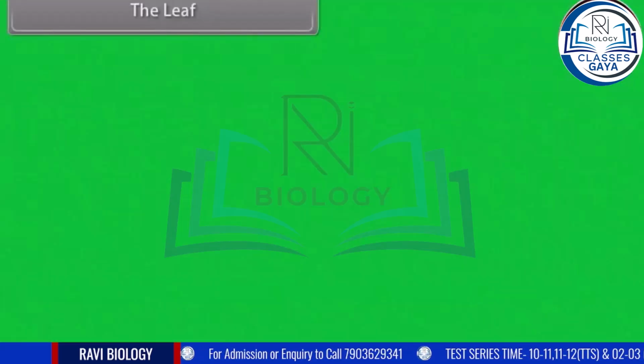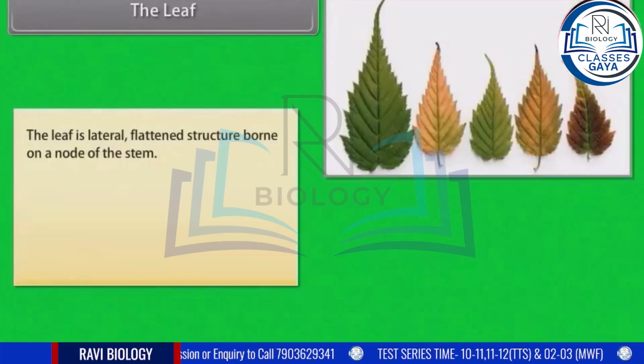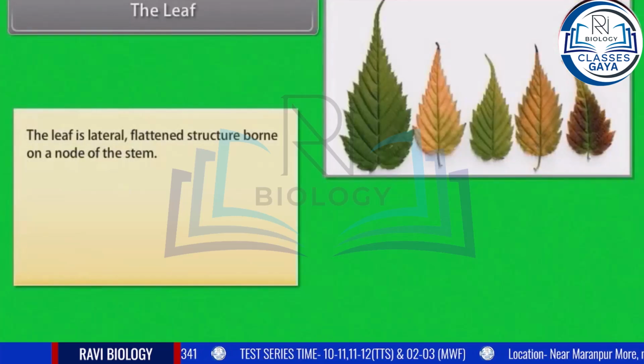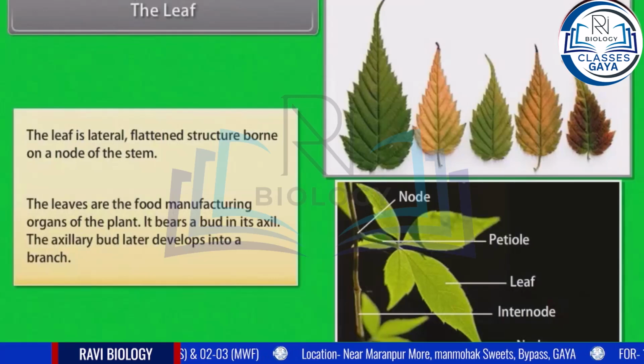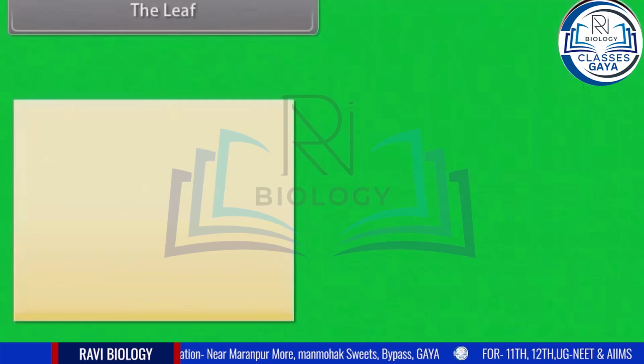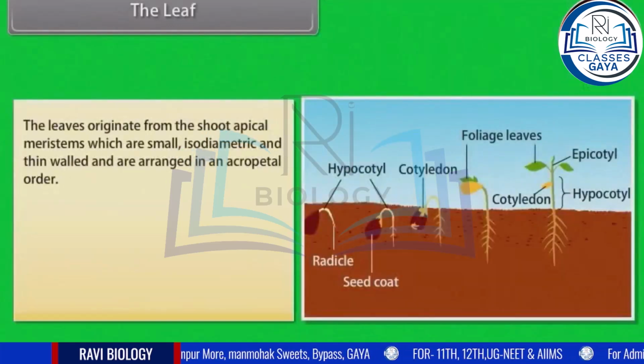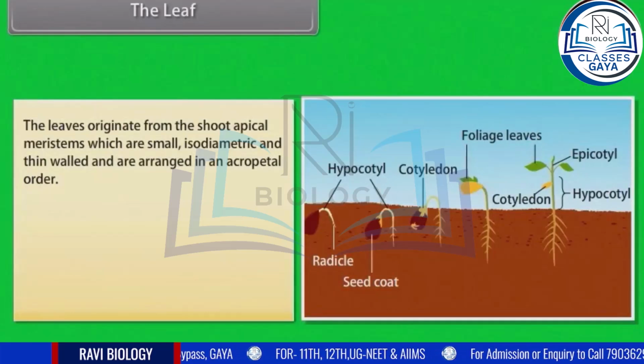The leaf. The leaf is a lateral, flattened structure borne on a node of the stem. The leaves are the food manufacturing organs of the plant. It bears a bud in its axil. The axillary bud later develops into a branch. The leaves originate from the shoot apical meristems, which are small, isodiametric, and thin-walled, and are arranged in an acropetal